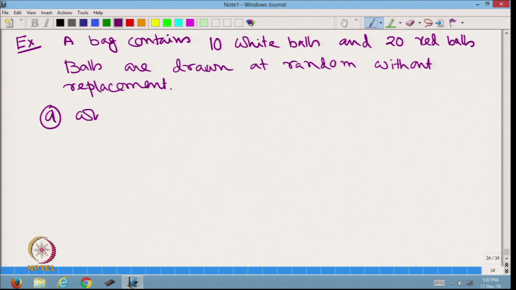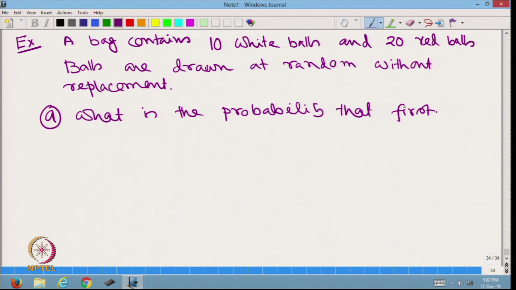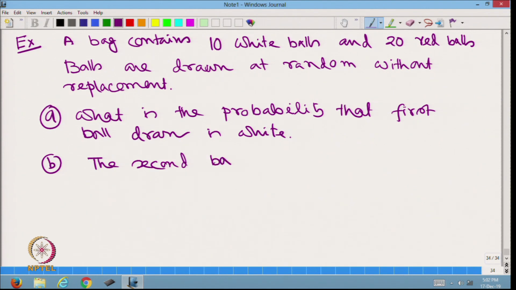A, what is the probability that the first ball drawn is white, B, the second ball drawn is white, and C, the third